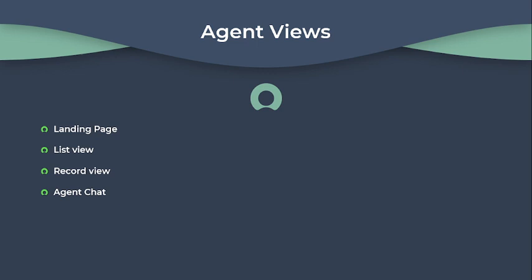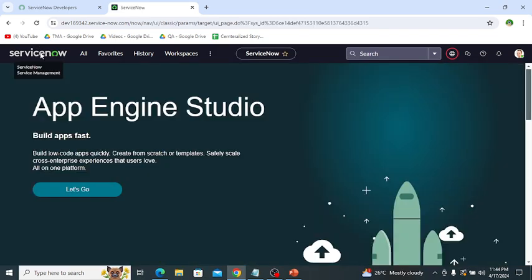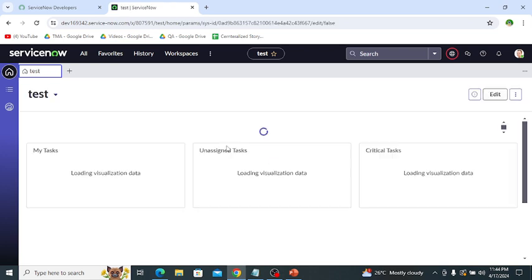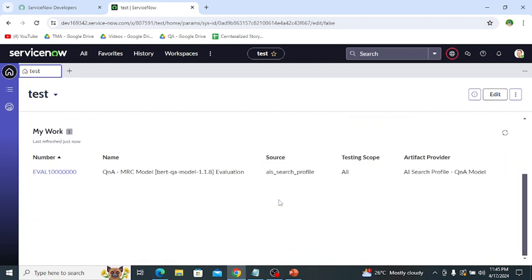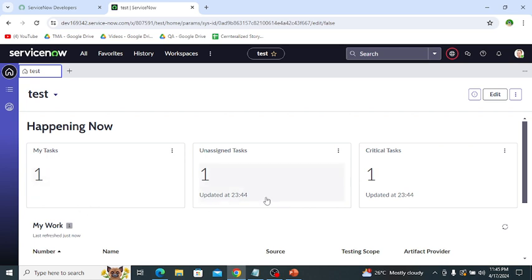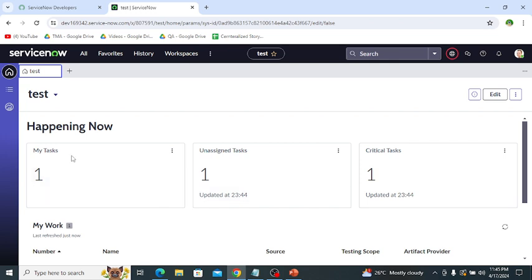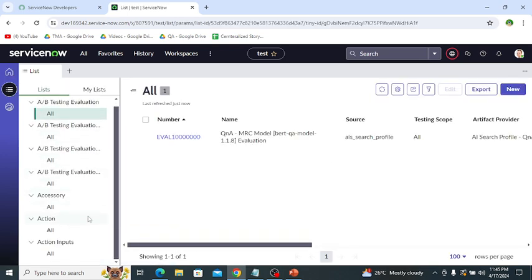So let's explore these views on my developer instance. For example, we open this workspace, and this is the landing page of workspace, which shows that there is one task assigned to me, unassigned task is one, and critical task is one. So the landing page shows the tasks assigned to me, unassigned tasks, and different types of tasks and options. Then this is the list view, which contains the list of all the